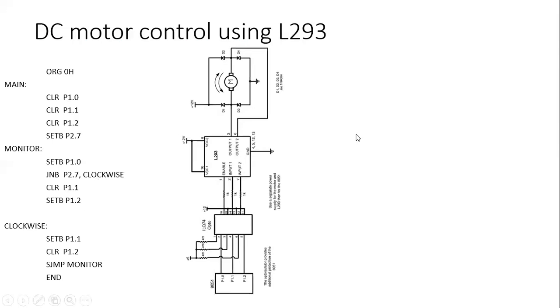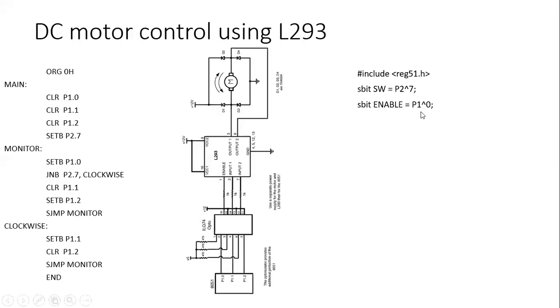Now let us see the C program related to it. How to write a C program? It's as simple as the same thing we are going to use here, as simple as controlling the switches. So first, #include reg51.h is going to be the header file. Then we use a construct called SW to represent P2.7. P2.7 is called SW, and this is the switch we are going to monitor.